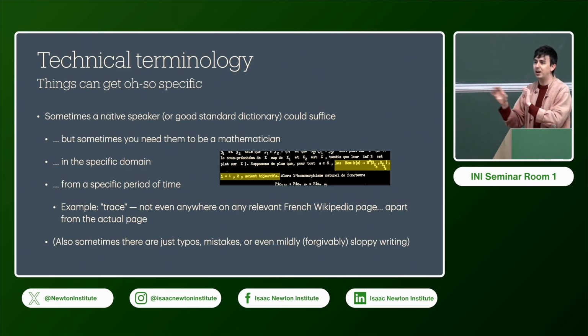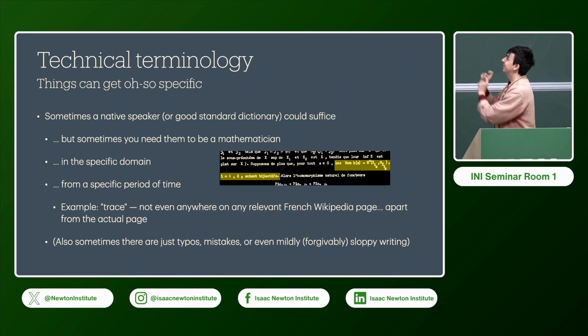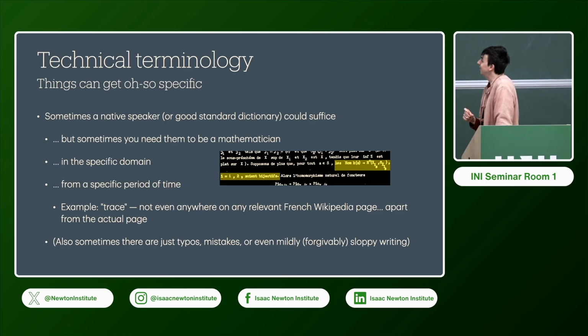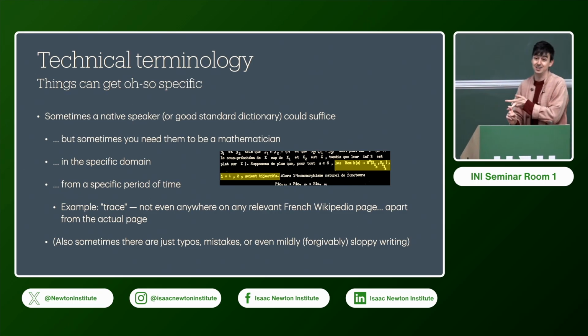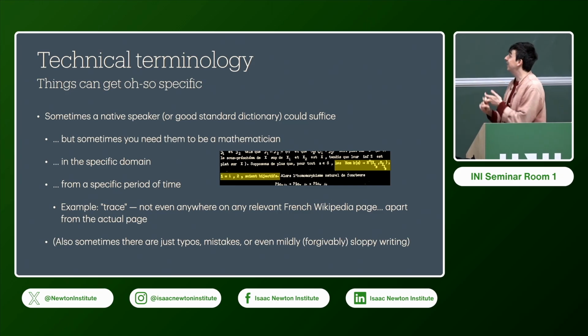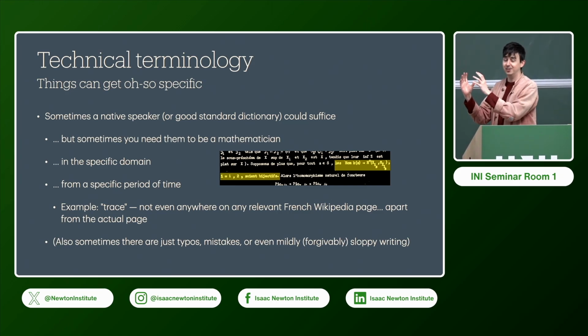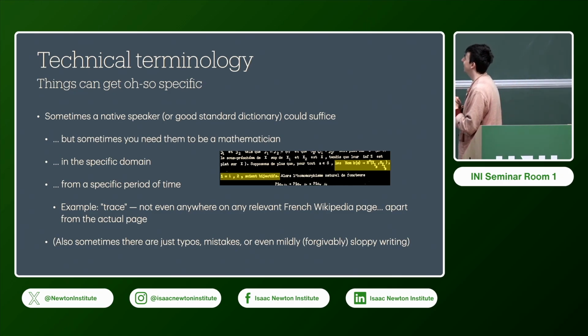Then we looked around and everywhere it just came up with trace. Now that I know that trace means intersection in this period of time, it's not the most common word for it. Last night, when writing this slide, I was like, I need to feel vindicated here. I need to know that I couldn't have just solved this by going on Wikipedia at the time. If you go on the Wikipedia page for intersection in French, it doesn't say the word trace anywhere. If you go on the one for set theory, it doesn't say it. If you go on the one for union, it doesn't say it anywhere. However, there is a specific page called trace, disambiguation, set theory, intersection, which doesn't link to the page on intersections. And it really frustrated me, and I should have fixed it, but I didn't. I'm just going to complain about it instead.